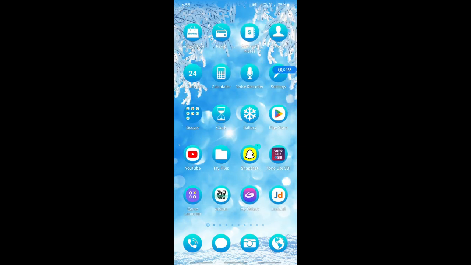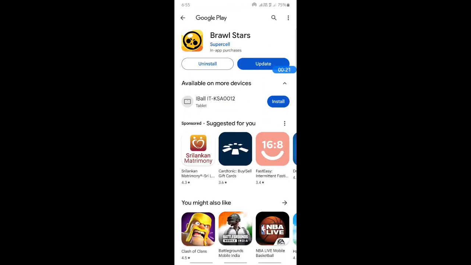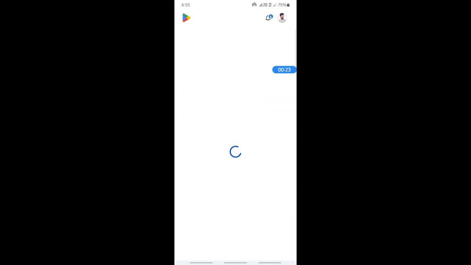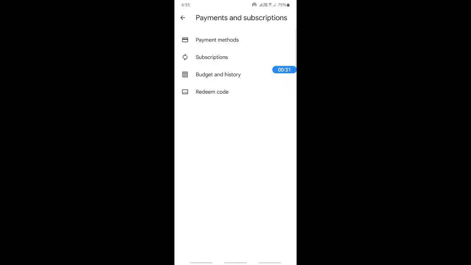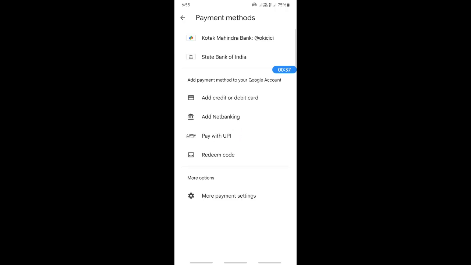So if you open up your Play Store, and then what you're going to do is go to your account here. So click on your account. When you get to your Google account here, click on payments and subscriptions. Under payments and subscriptions, go to payment methods, and here,